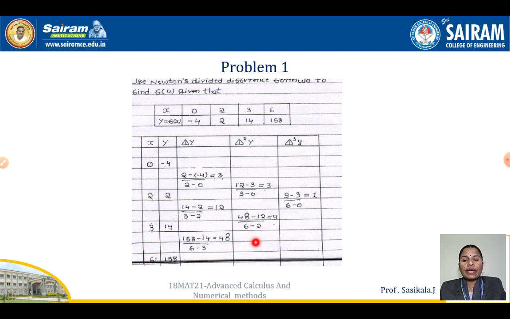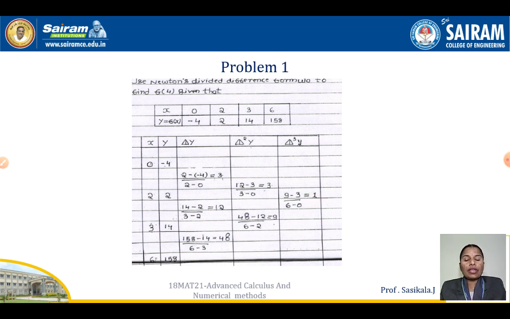Right? So 6 minus 2, x3 minus x1. So I got the second divided difference values 3 and 9. Now go with your third divided difference column. What is that? 9 minus 3 from here, 9 minus 3 by, what is that? The complete value I am supposed to take, right? 4 values, 0 and 6. So 6 minus 0 will come to the denominator. So as per the formula, x3 minus x0, I got the answer as 1.